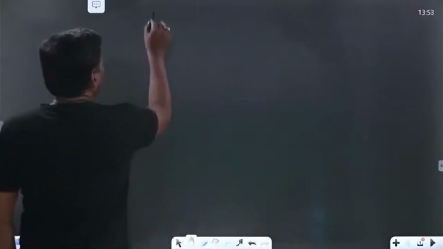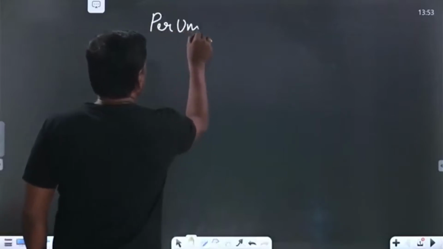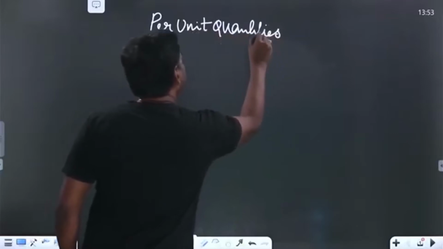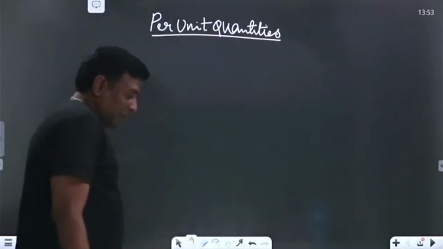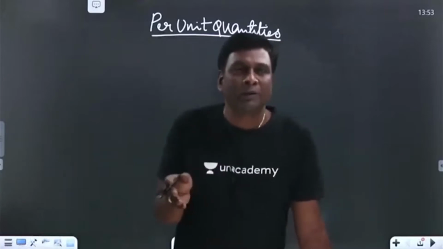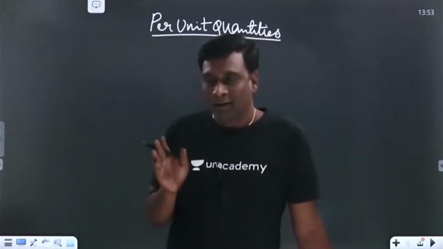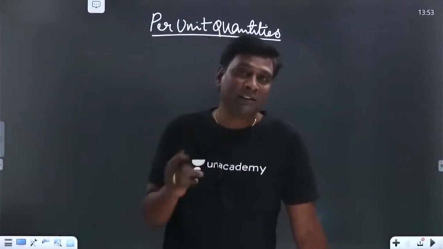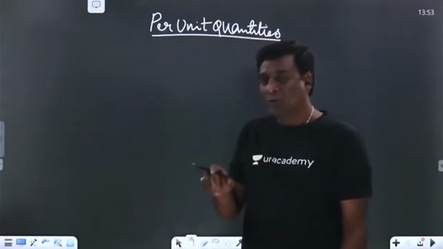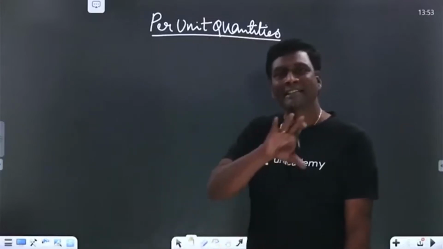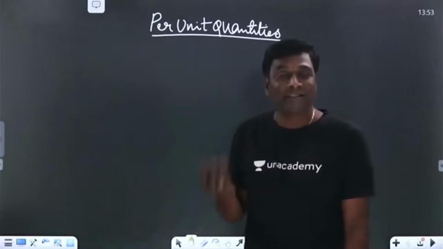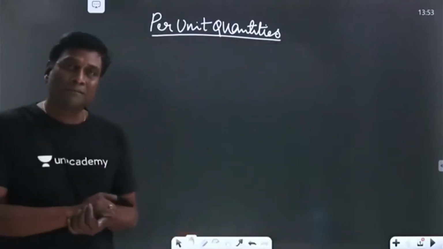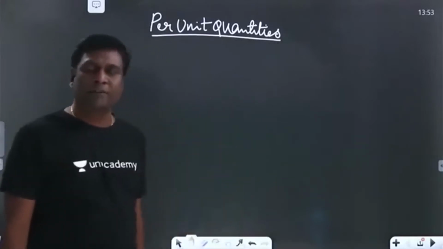Now let us think of per unit quantities. In per unit quantities, why we are going for per unit quantities, in a single line, I'll tell you. The main advantage of AC power transmission is only because of the transformer, because we can easily step up or step down voltages by using a static machine, which has the highest efficiency, least maintenance, and least noise, that is the transformer. But the disadvantage is, on paper, calculation will be very difficult.